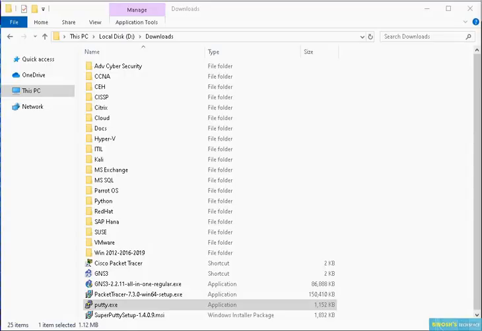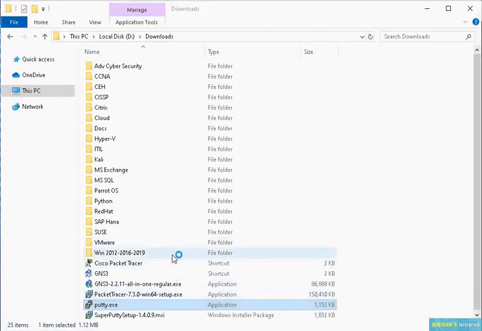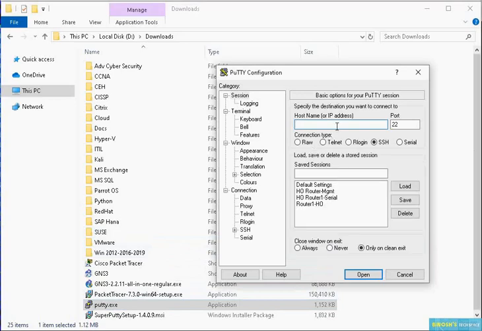Use SSH software to connect to the router remotely. Just open the SSH software, enter the IP address of the router, then you can use the port number and click open to open the session.